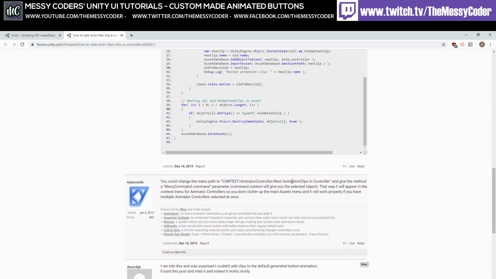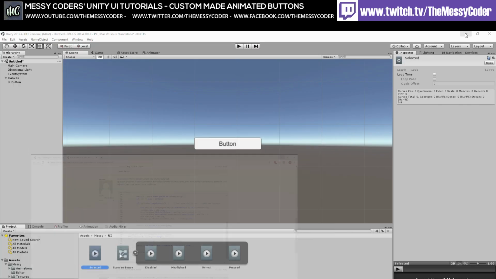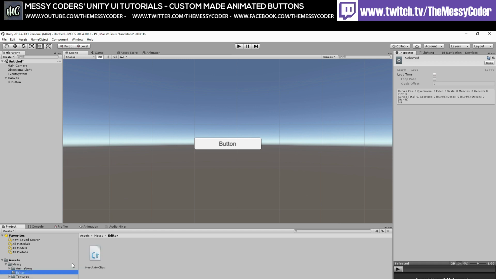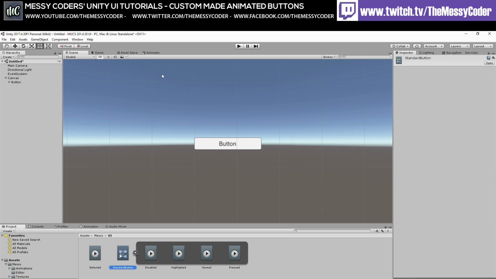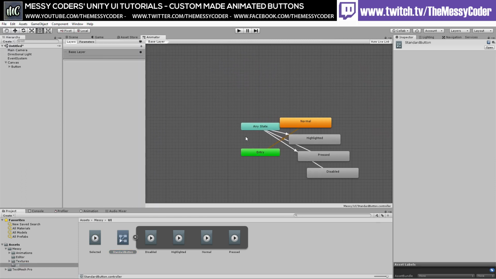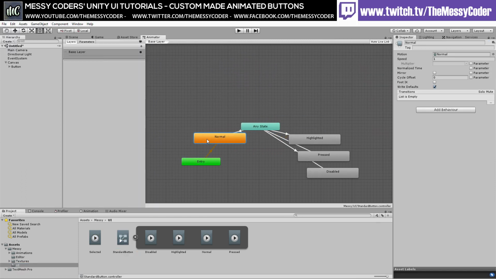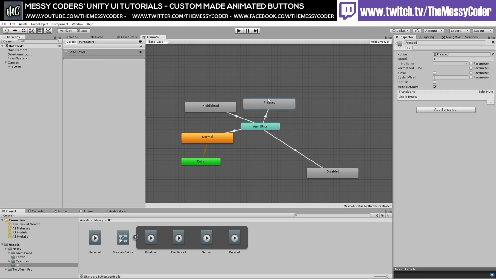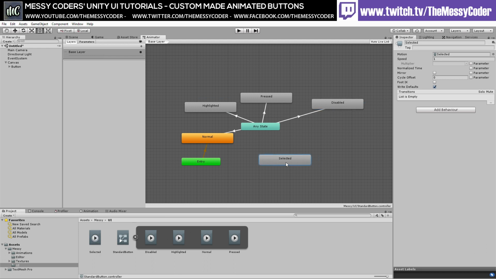So I was like, you know what, that is amazing, I want to try it. So I did. It's got here, made a folder, NestAnimClips, and it's in there. So now if I go over here to the animator, and we're going to make it all look pretty by sticking it all over the place like that. And now there. Now if I just drag in this little badger here,